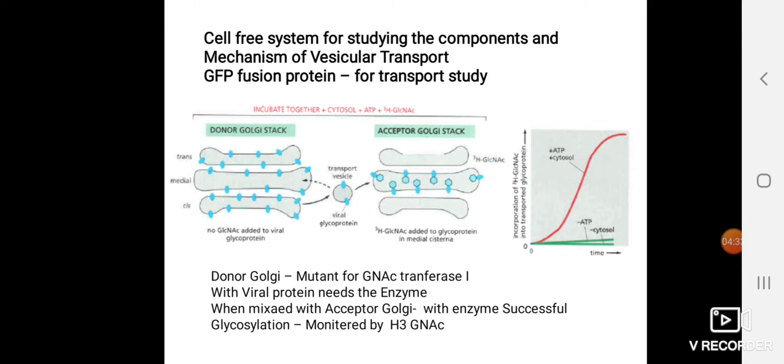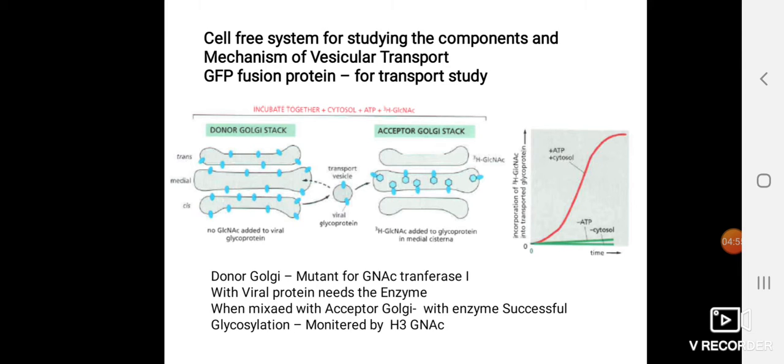Initially the acceptor Golgis were not having any viral protein molecule in them, so there was no radiation and no fluorescence because there was no protein in them. Once the acceptor Golgis were added into the mixture, what they found is